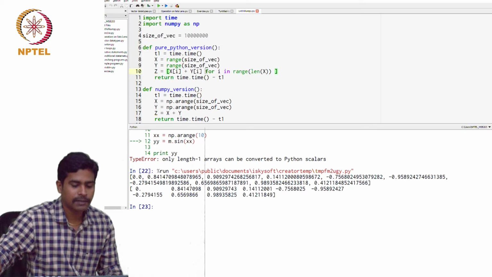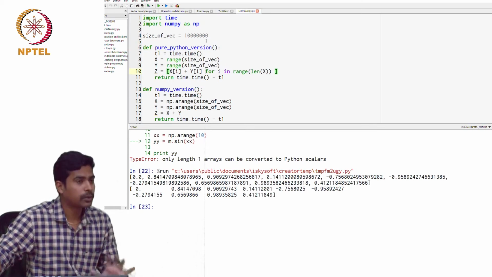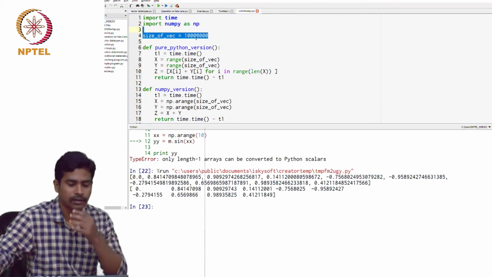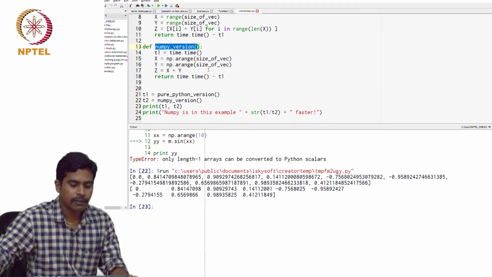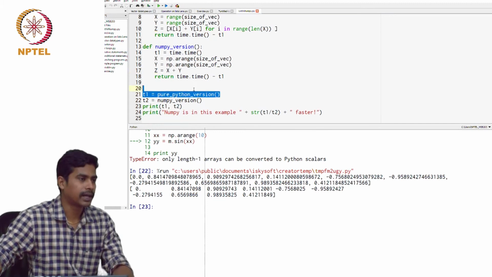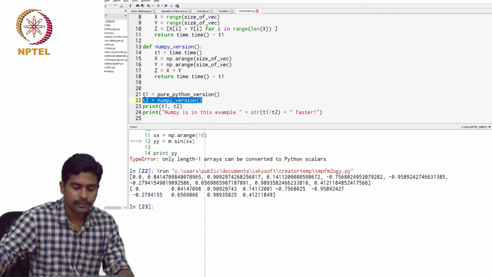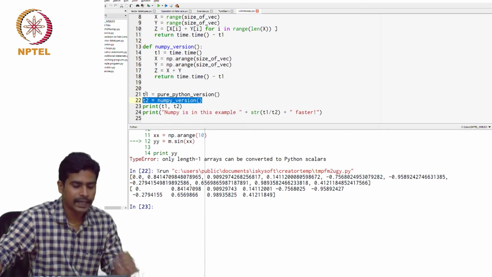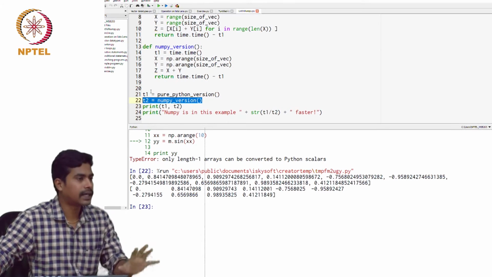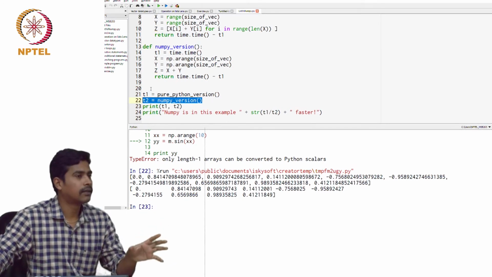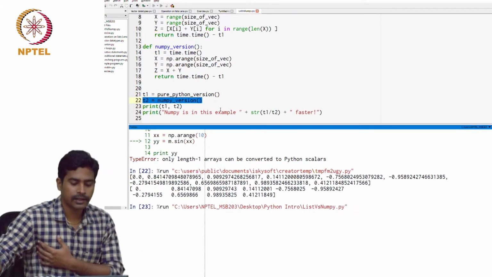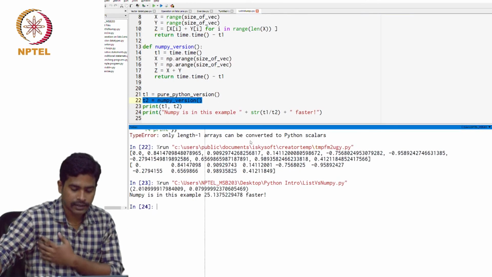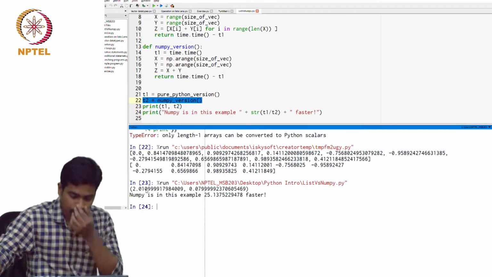In this function I am just using the for loop to calculate some operation on such a big array, and in this function I am doing the same operation but using a numpy array. I'm calling these two functions and calculating the time taken when you use just list operations and when you use NumPy. I'll just run the program and hope it will take less time.